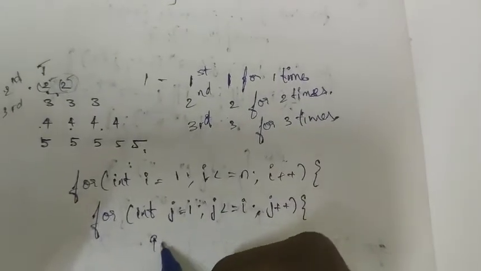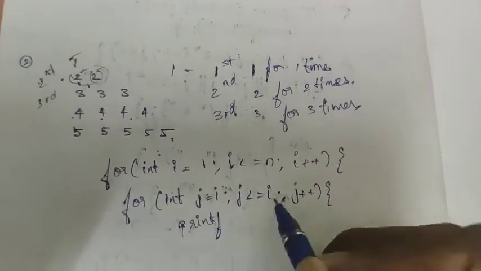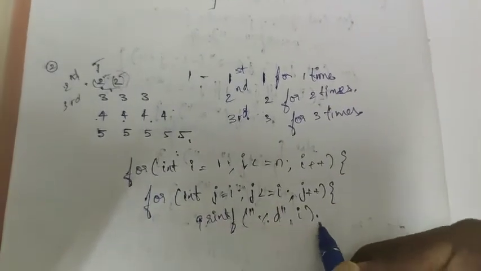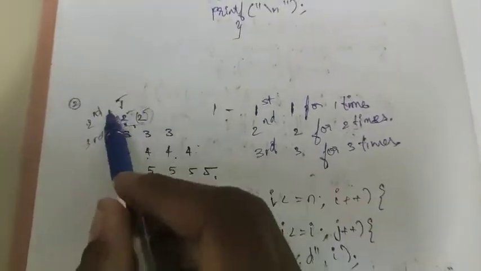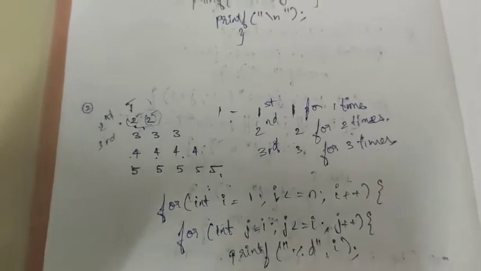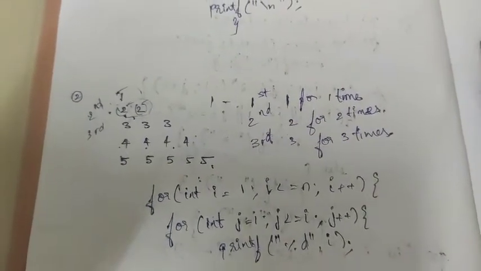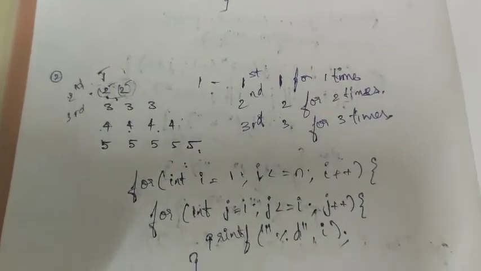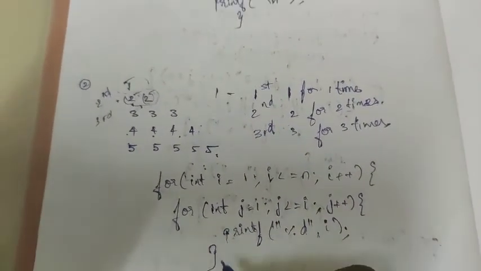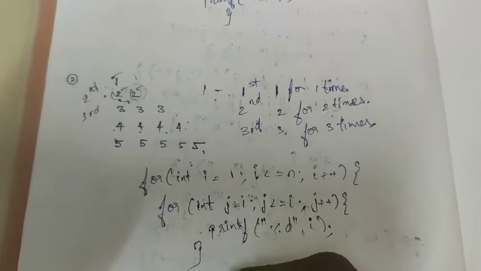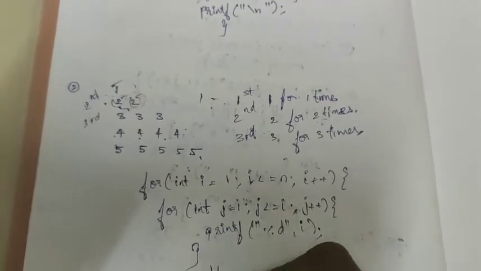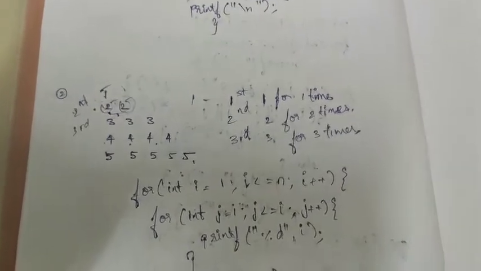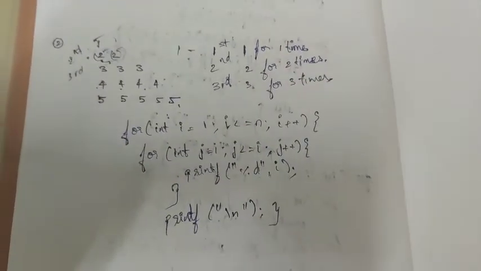So I am going to print the number here. For printing a number I am using %d, just i, that is the corresponding row. In the previous program I printed the corresponding columns; now I am going to print the corresponding rows. I am going to close the inner for loop, and print a new line for proper spacing, and now the program is finished.